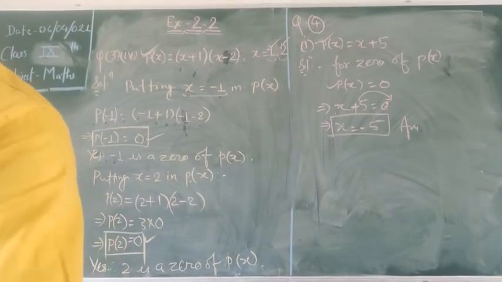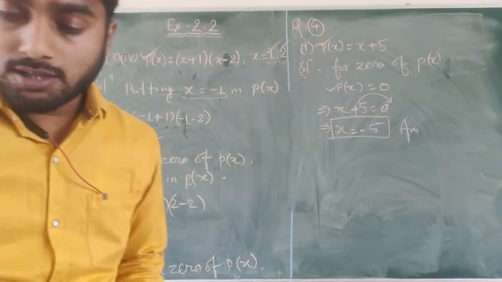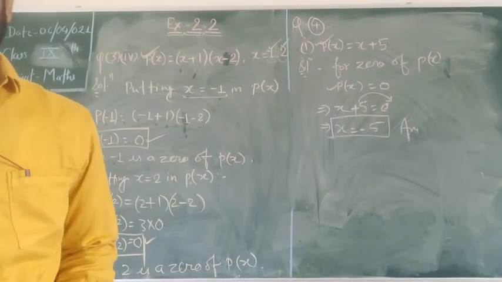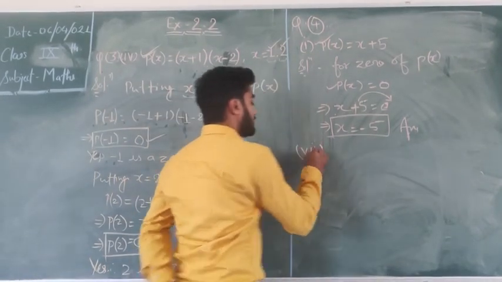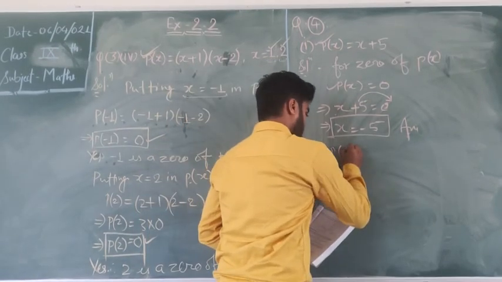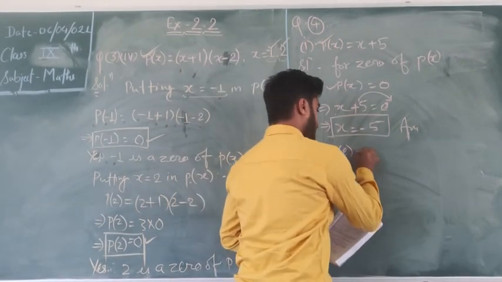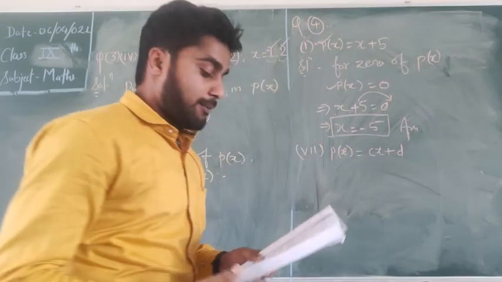Clear? Similarly, we can do question number 3 till question number 5. Question number 7 is a different one. So I am going to explain this. Question number 7. p of x equal to cx plus d. And we have to find the